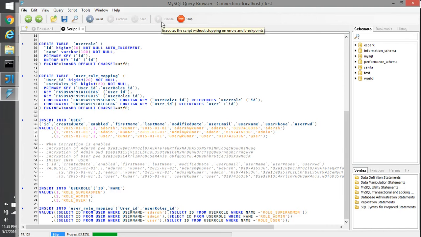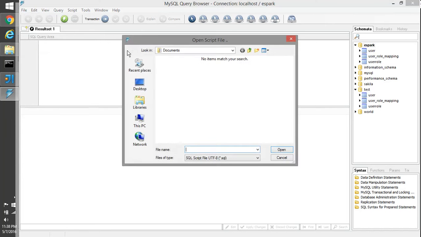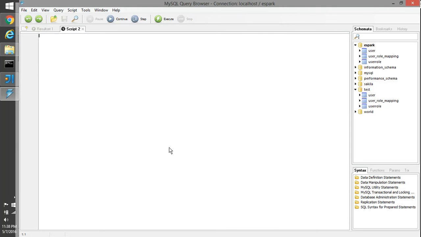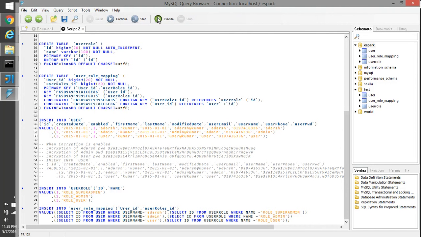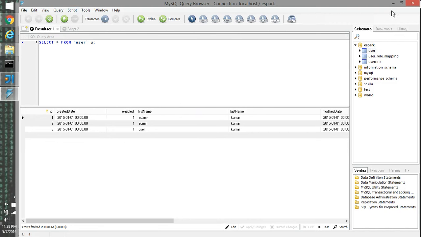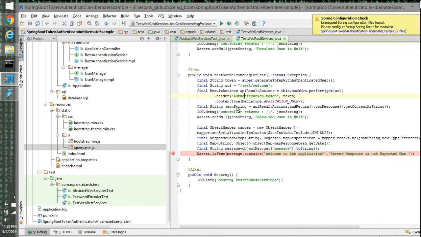So everything is fine now. I don't want to save this eSpark. Oh, I have not selected eSpark, I guess. Just script tag, paste it here. So now everything is created. Now we can test. So now everything is fine in the database. So what we are going to do, we are going to execute